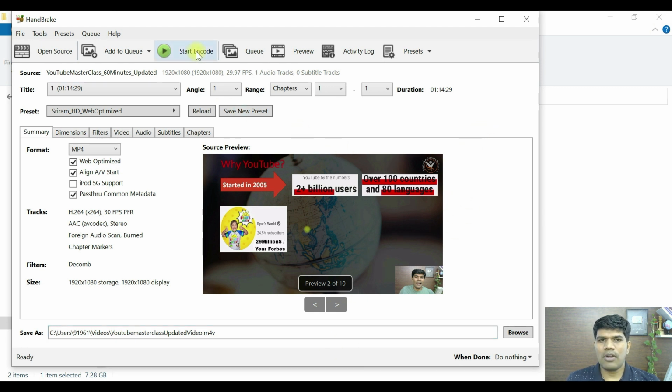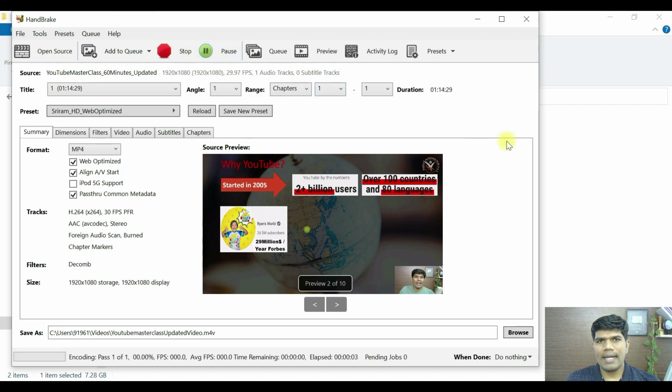Okay, so just click on start encode. It starts, and it's going to take some time to convert it, and after that you're going to see a great video at a much reduced file size, a compressed file with roughly around 10 to 15 times compression without losing the video quality. So I'm going to show you exactly after this how the video quality is going to be as well. Okay, so let me just pause this right now and show you how it looks after the video is converted.